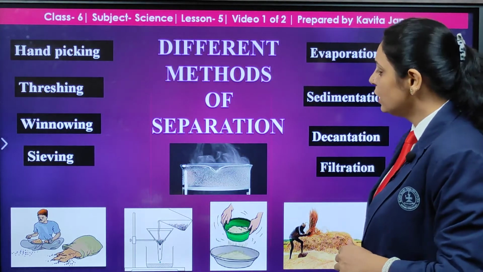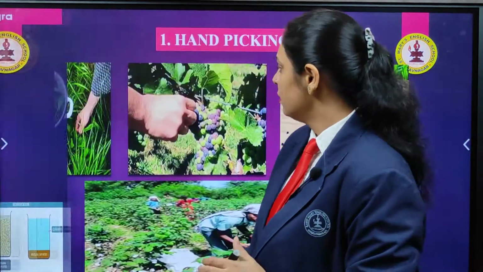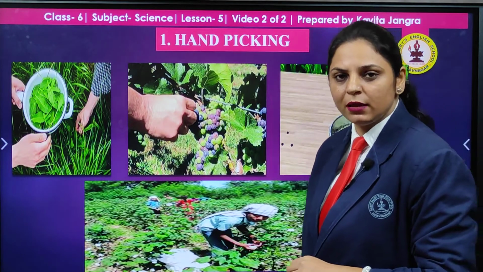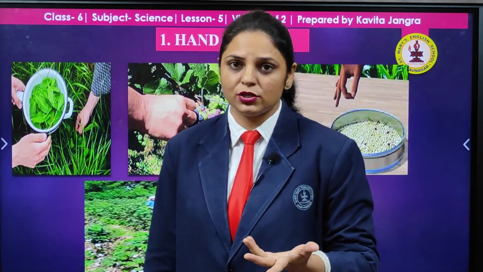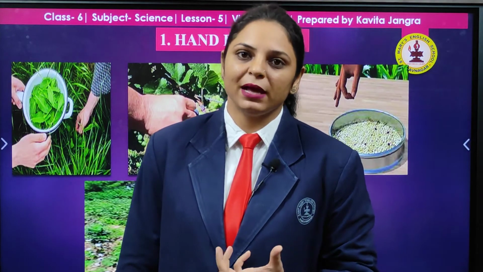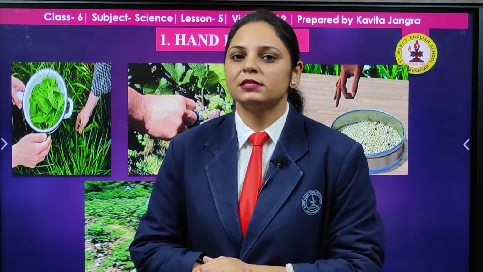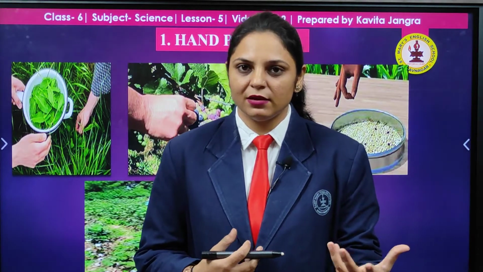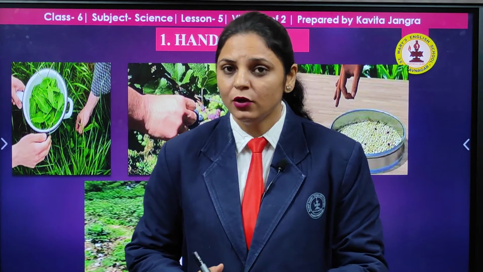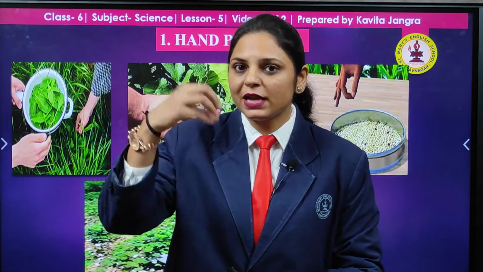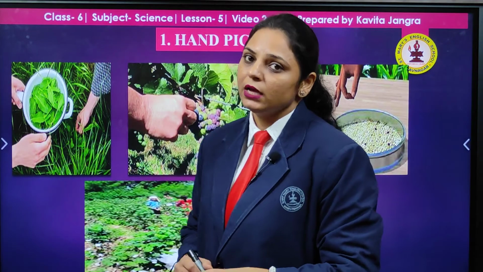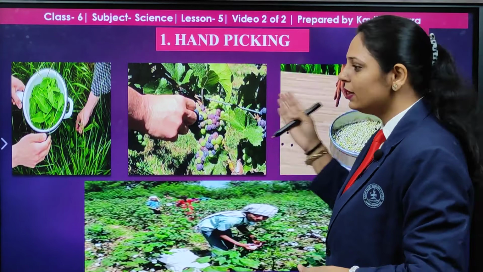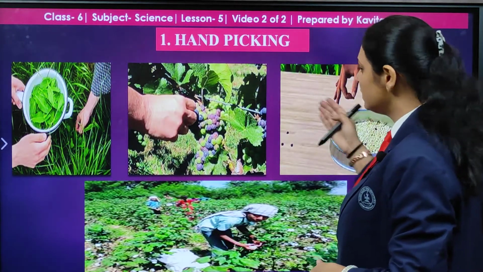Okay, so now let us move ahead. First was the hand picking method. Do you know what that is? Even you are doing it at home, even during your play. If lots of your toys are mixed there and you only want your soft toys, and some hard objects, some blocks and some soft toys are there, what are you going to do then? You are just going to pick them with your hands only. The same way in day-to-day life, in the kitchen, even the farmers are just picking with their hands.